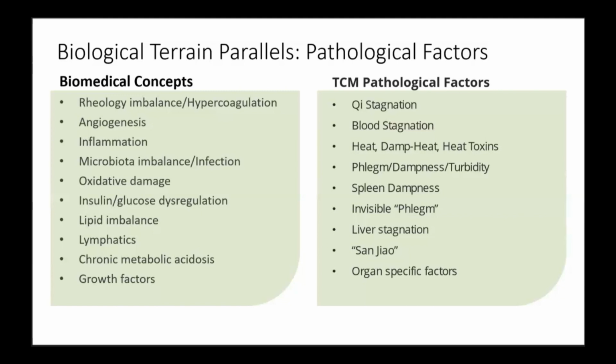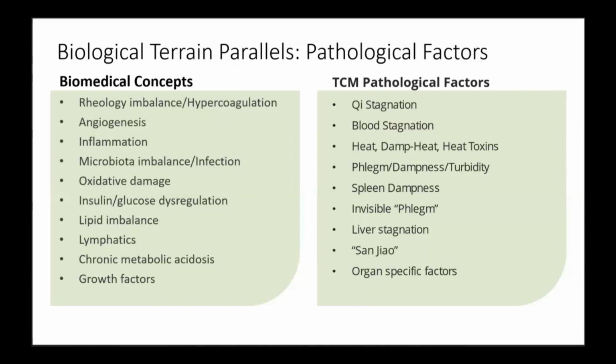And blood stagnation is always associated with pain. The simplest way to look at it is like a bruise where the body got damaged and then the blood came out of the blood vessels and then it sat there and it lost its oxygen. It changed color. You can see the bruise in the body, stagnant blood. But it happens at other subtle levels. It's a big part of cancer. It's a big part of cardiovascular disease. And when you get into hypercoagulation, blood stagnation, we're going to see that tie and how that correlates really